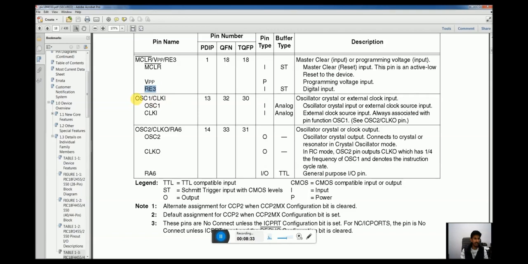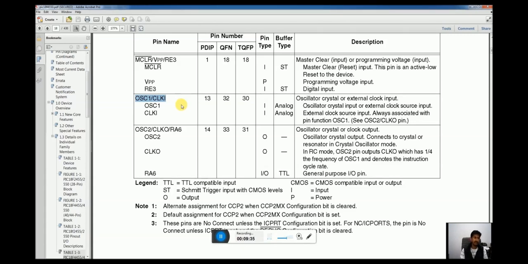Then pin number 13, OSC1 CLK1, that is associated with the oscillator. Every embedded system, every microcontroller or every basic computer needs a clock to run. Now that clock has to come from a source, from some oscillator, from some timer. 555 timer IC is one of the best square wave generators that we know, that is most common. That clock can be provided using a single pin, on this particular pin of the microcontroller, and that would be considered as the main clock of the microcontroller.